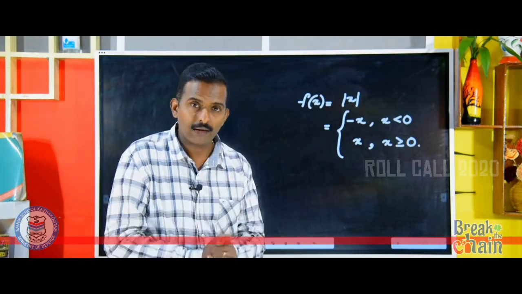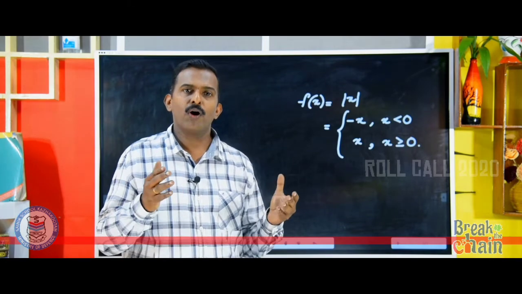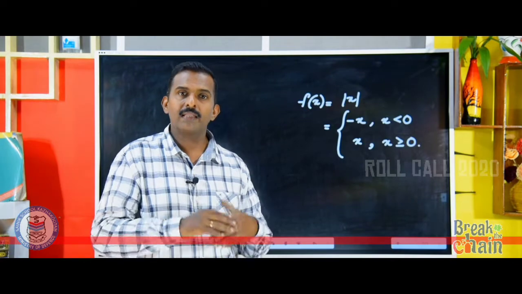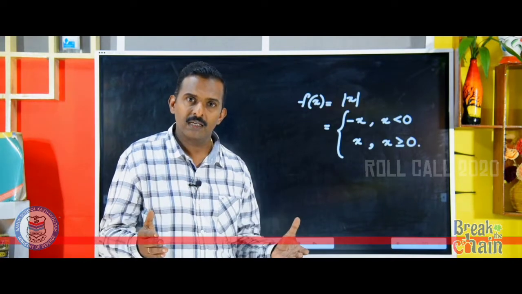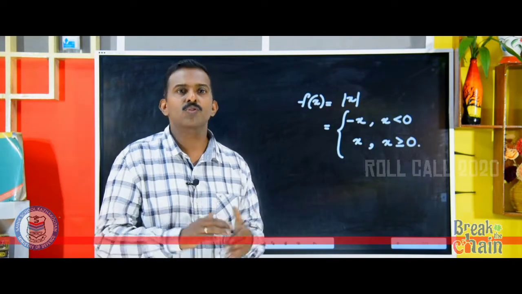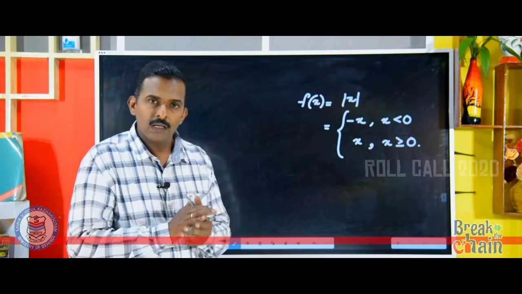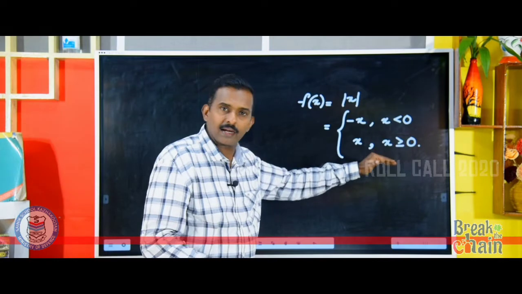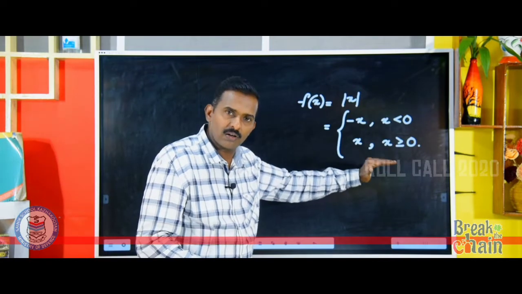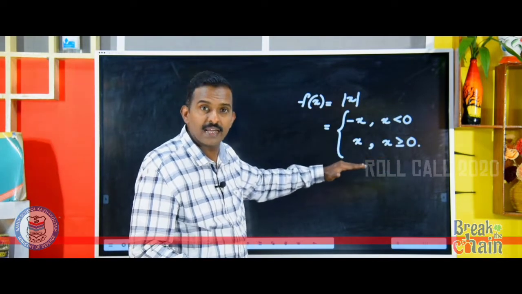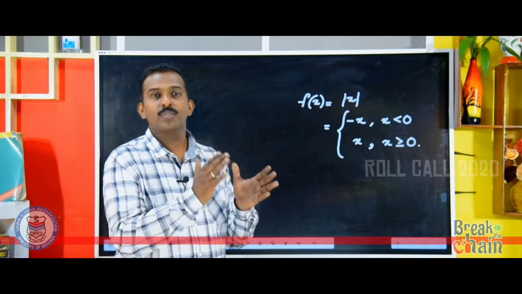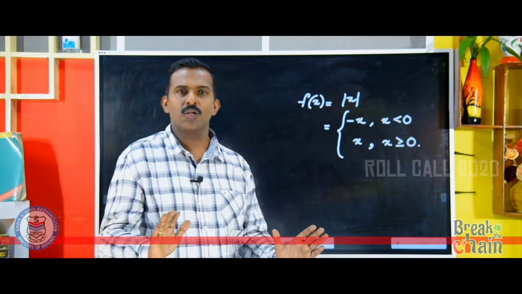Now even if you calculate the limit, I take a point c less than 0, I calculate the limit, I will get the answer c. I will calculate the function value, also I will get c. Therefore I will not calculate at x less than 0, neither will I calculate at x greater than 0, because at greater than 0 also it is a linear function. At x greater than or equal to 0, the function is x, which is a linear function. Therefore there also it is continuous.